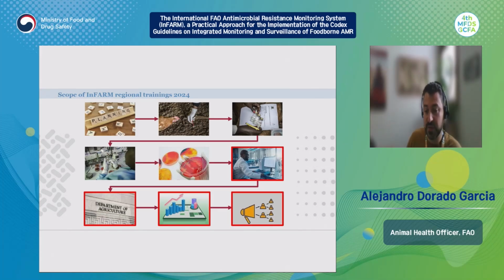Then this information needs to go into laboratory information management systems, into data management systems that allow us to submit this data to the national authorities for further analysis, interpretation, but also for dissemination of this data and information to the different stakeholders. And the INFAM trainings were focusing mainly on these last 4 elements: the submission and the data management of antimicrobial resistance data, on antimicrobial susceptibility testing results from the laboratory through data management systems.